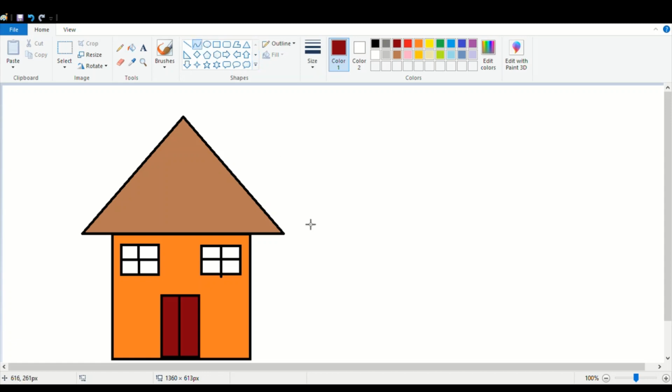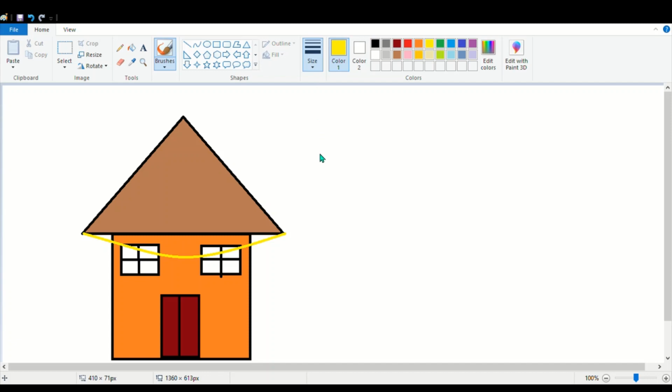Decorations, some buntings. That is how you decorate your house, right? I've drawn a line. I use the curved tool, and I will use the other option, the brush option.